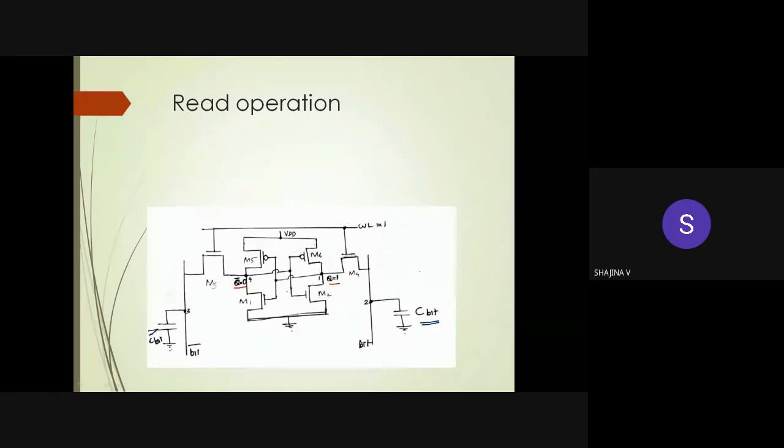Okay, so I am assuming the logic bit 1 is stored in the memory cell. That is why I am taking like this, Q is equal to 1 and Q bar equal to 0. Okay, so content of the memory cell, it is Q. Okay, so Q is equal to 1 is stored in the memory, assume. And one more thing we have to consider,